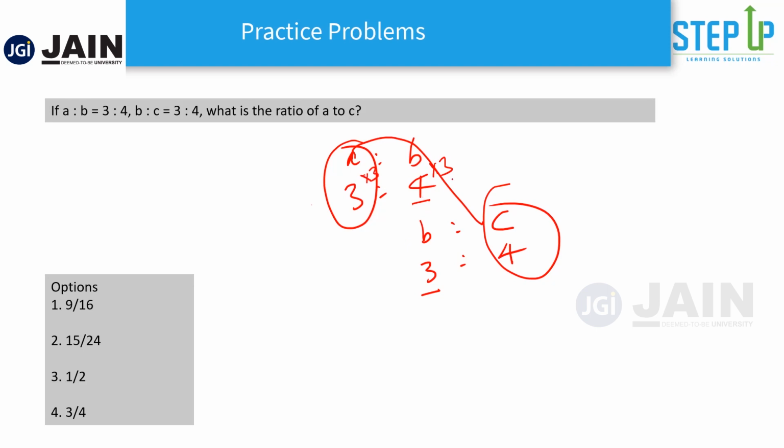If I multiply by 3 here, I have to multiply on the numerator side also, right? So this has become how much? 4 into 3, 12, isn't it? And this is 3 into 3, 9. If I make it 12, this one also I will make 12 to equate. So 3 into 4, if I multiply by 4 here, 4 here as well. So how much has the ratio become? 9 is to 12, and 12 is to 16. So what is the ratio of A is to C? 9 by 16.